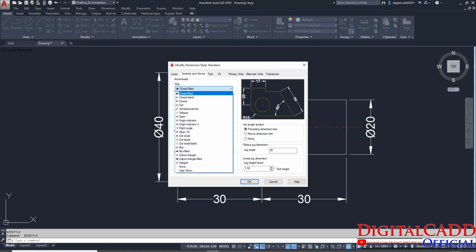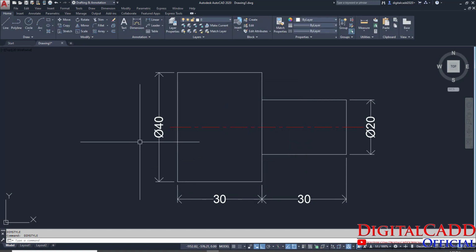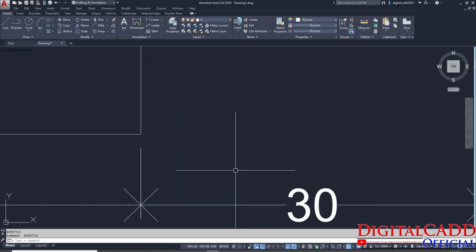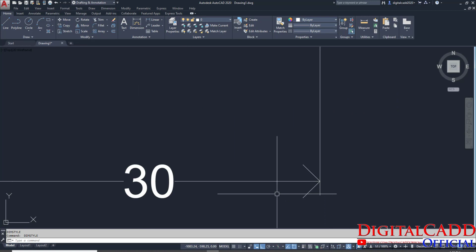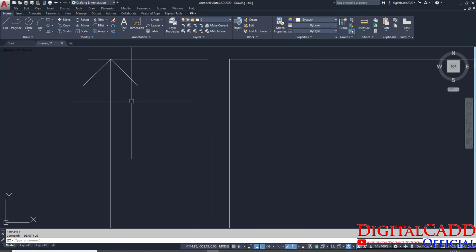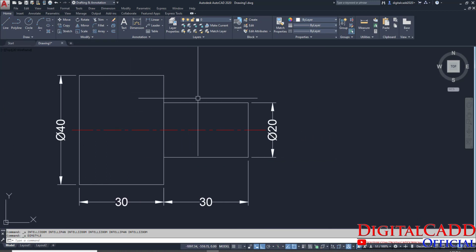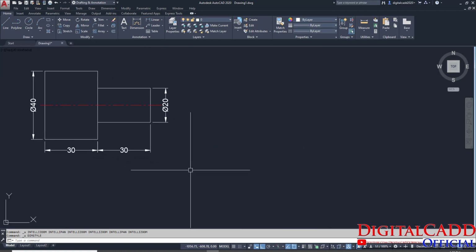Suppose we want this type of arrow here, and here we can see every arrow changes its shape and type. So just press Ctrl Z to undo, let it be as it is.